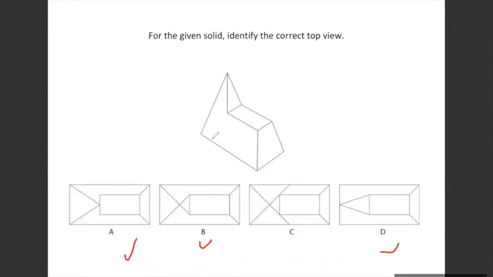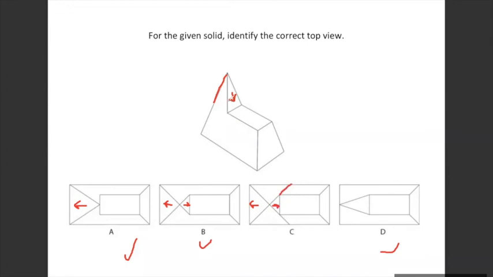Okay. One thing that you have to see is this is at an angle and it's not vertical, which means that option D cannot be it. There has to be a sloping surface which is a triangle, which is seen in C, in A, and in B. Another thing that you will see is there's also another sloping surface on this side, which is missing in option A. जो यहाँ पे दिख रहा है और जो यहाँ पे भी दिख रहा है. So it could be B or C, but we don't see this kind of edge here.